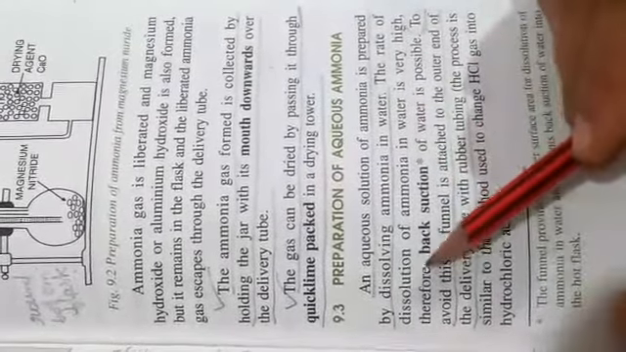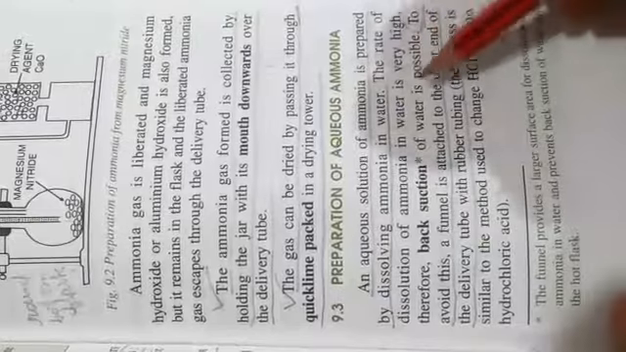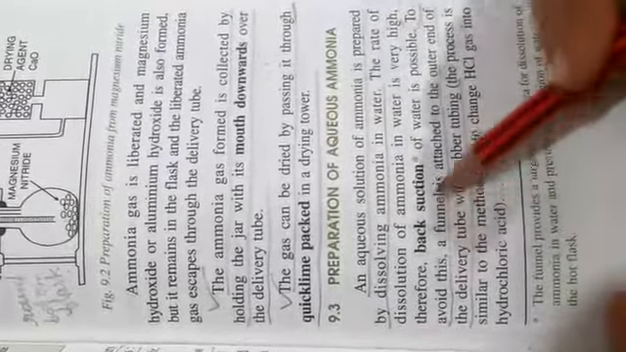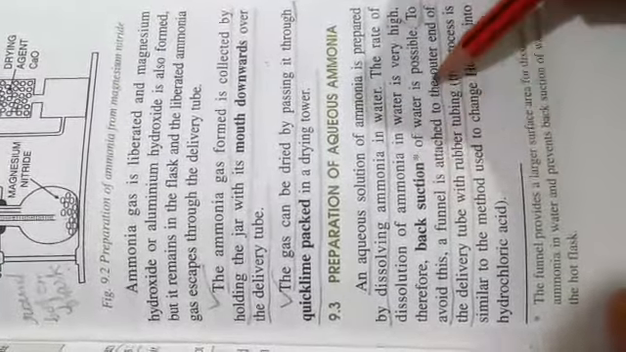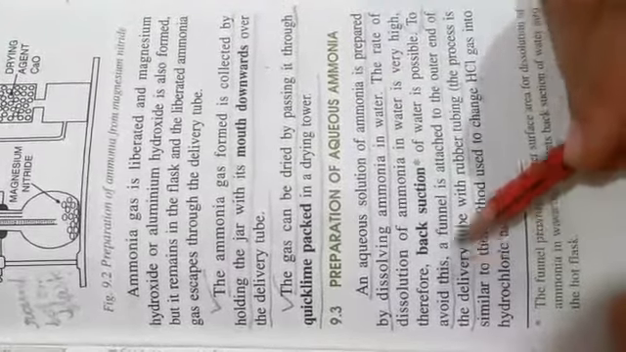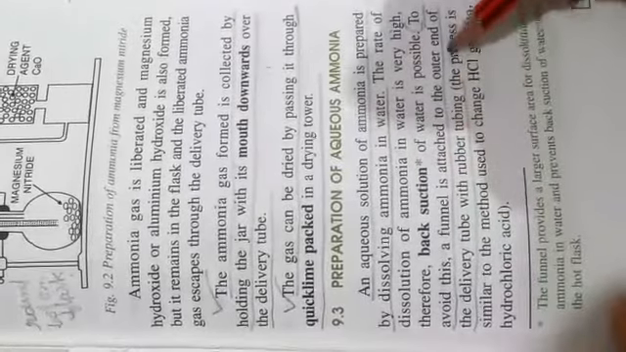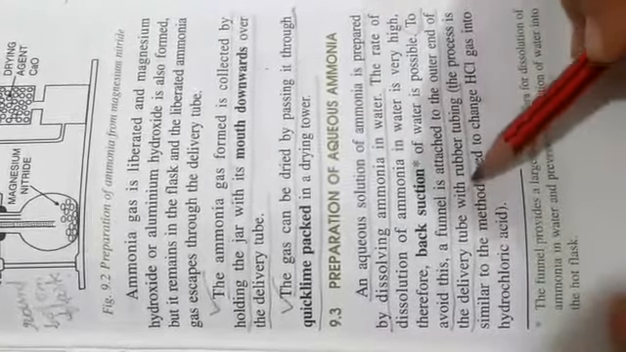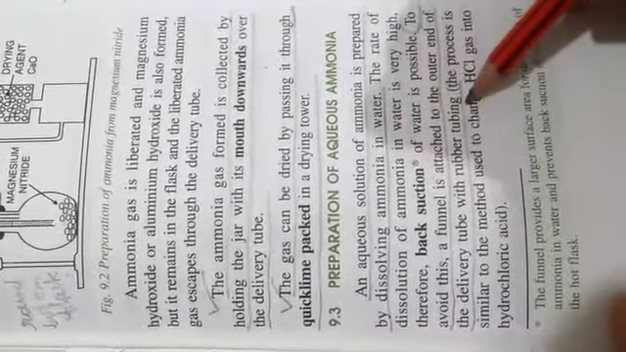The rate of dissolution of ammonia in water is very high. Therefore, back suction of water is possible. To avoid this, a funnel is attached to the outer end of the delivery tube with rubber tubing. Here we can see this rubber tubing. This is the delivery tube and this is the rubber tubing, and the funnel is attached and the delivery tube is attached